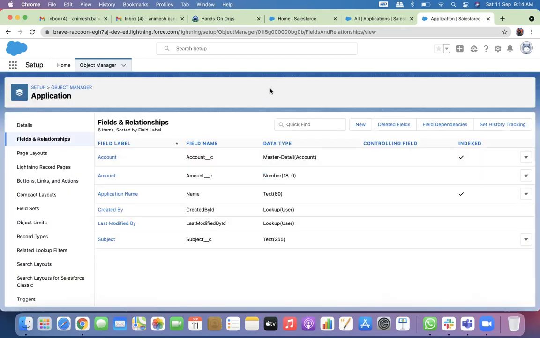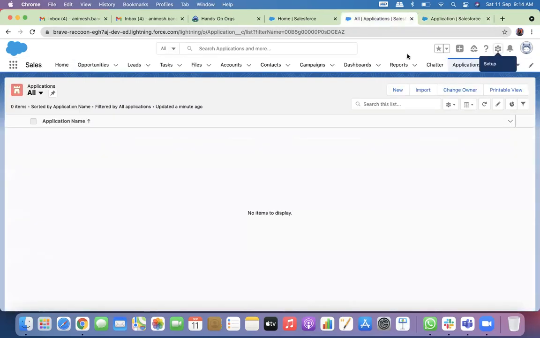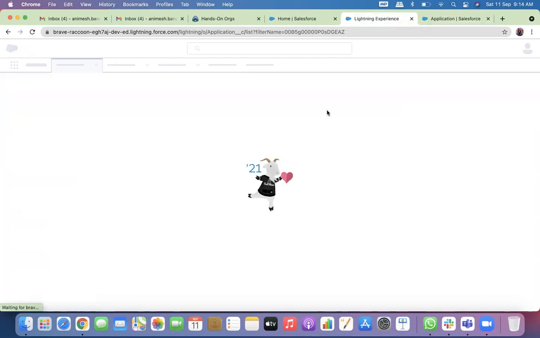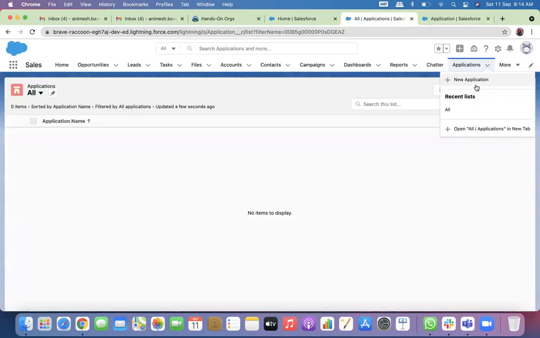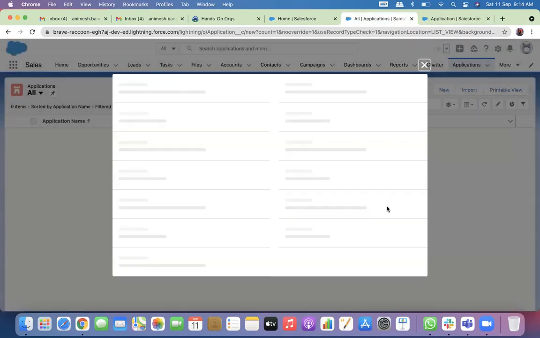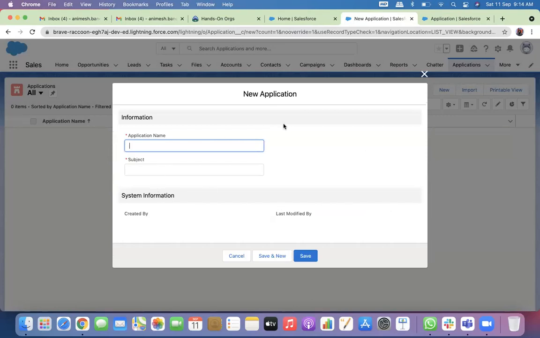So two fields I have created. One is account, one is amount. Let's go to this application record. And if I create a new application, now it will ask me